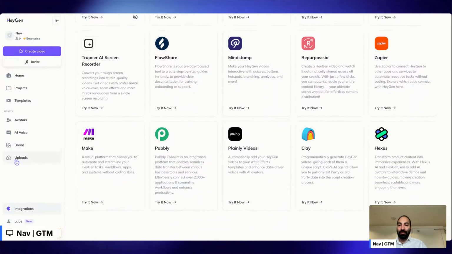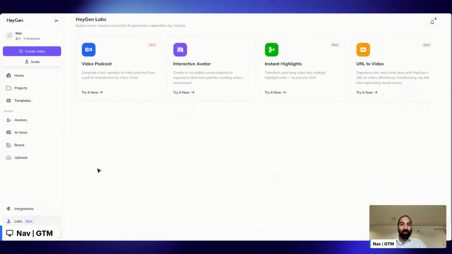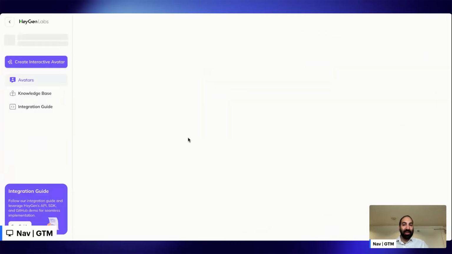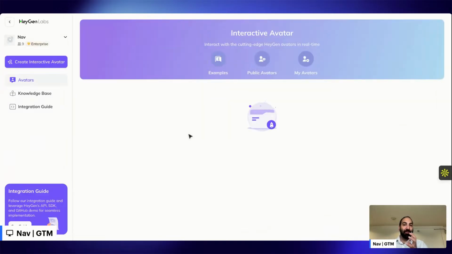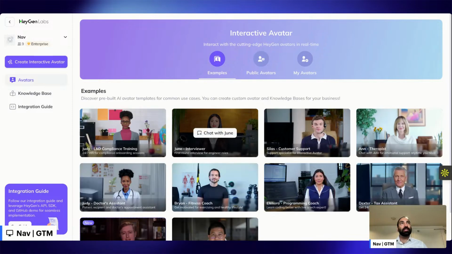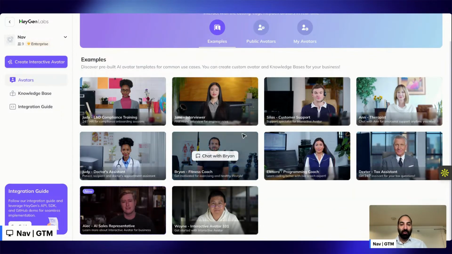And finally, I wanted to talk just a moment about our labs products. So we'll talk a little bit about interactive avatar, and then I'll take any questions that are in the chat. So interactive avatar is slightly different from the rest of the platform in that it's taking a video avatar and really allowing you to chat with it or have a conversation. So, if I wanted to